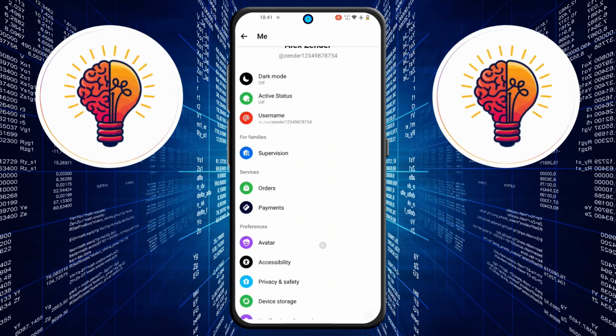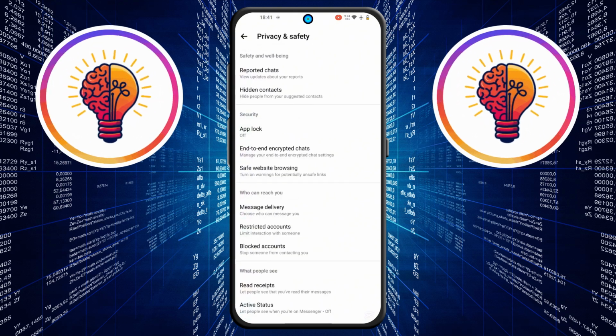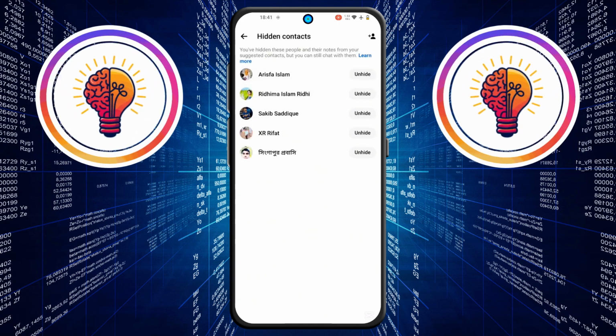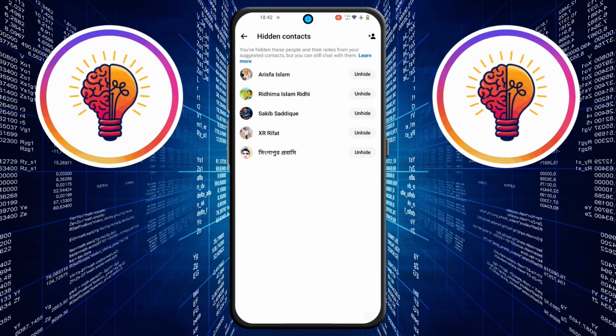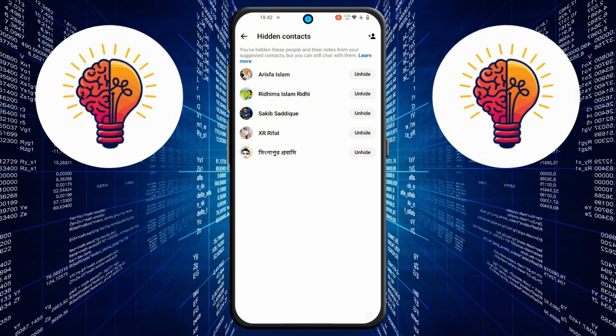Step 4. Now scroll down to find the privacy and safety option, then tap on it. Step 5. Next, locate the hidden contacts option and tap on it to view all hidden contacts. Step 6. For the last and most important step, locate the contact you want to unhide and tap Unhide to